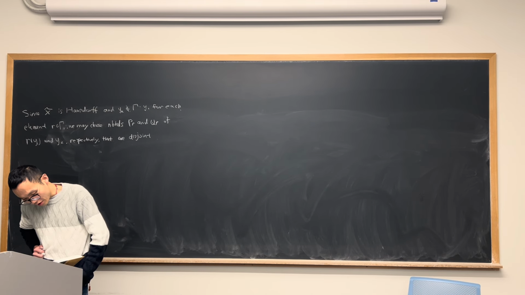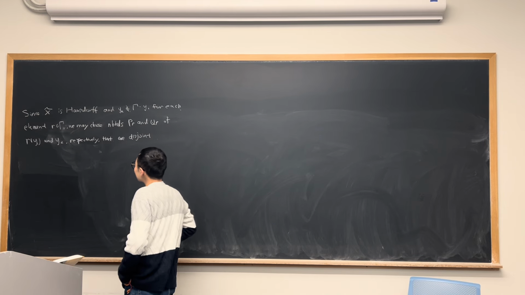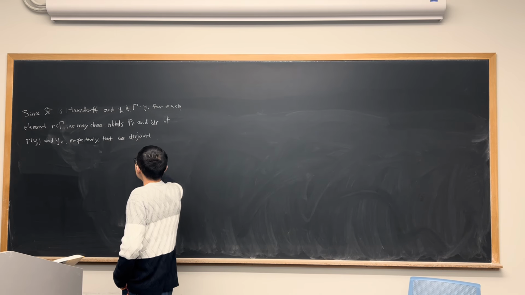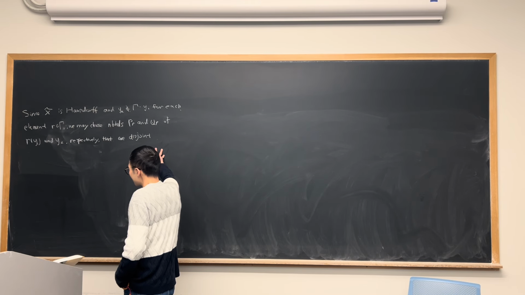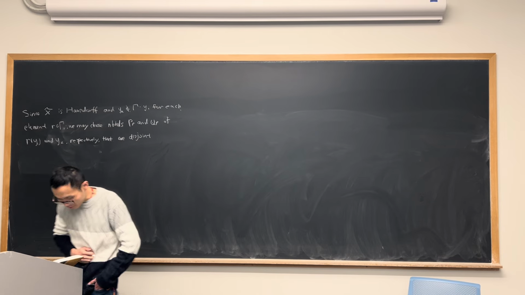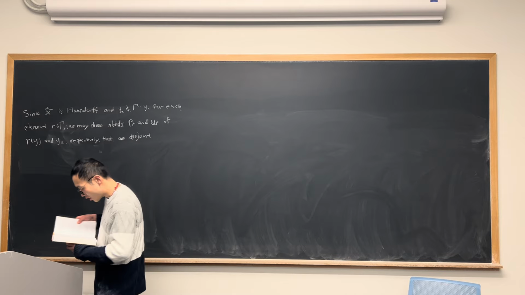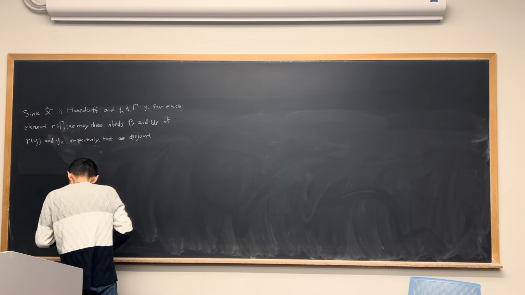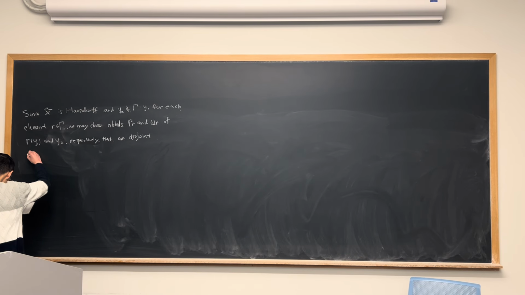So this is true because this X tilde is Hausdorff, and these two points are not the same, so therefore we can choose distinct neighborhoods. And thus we get neighborhoods